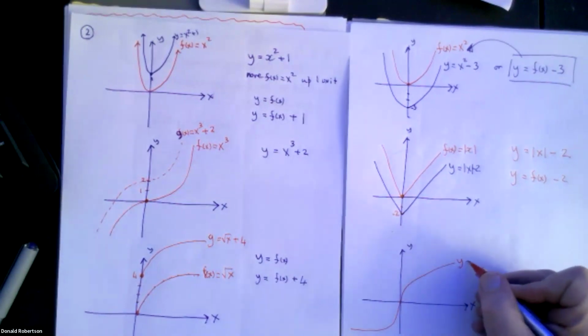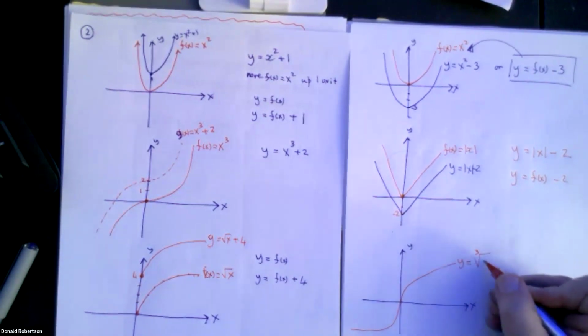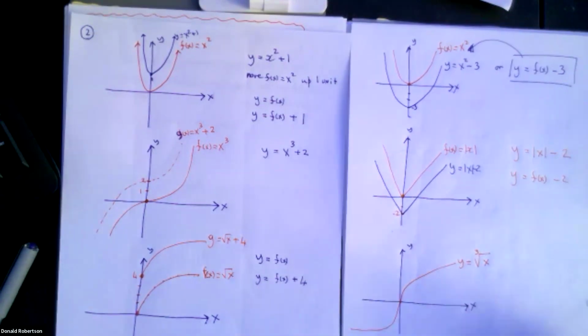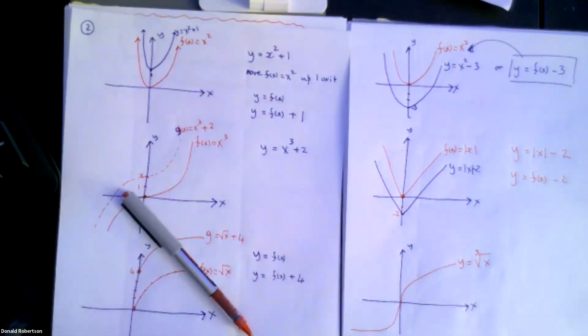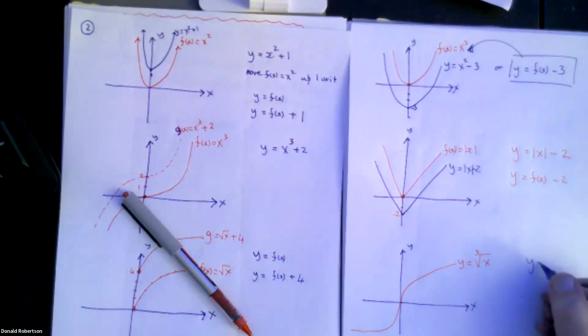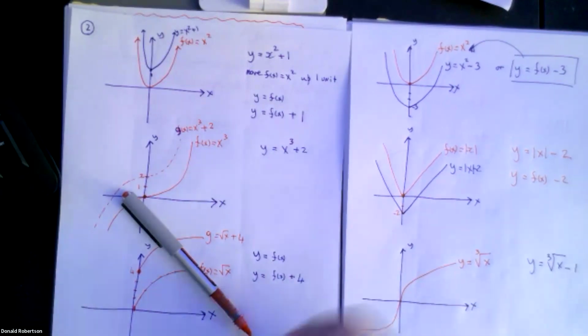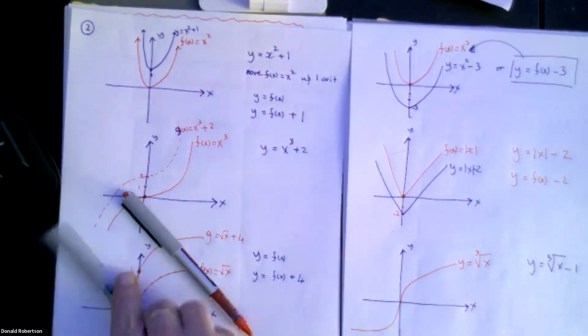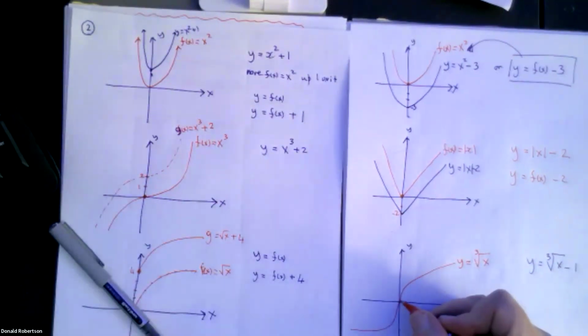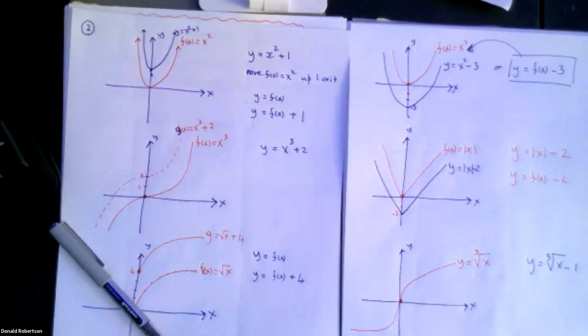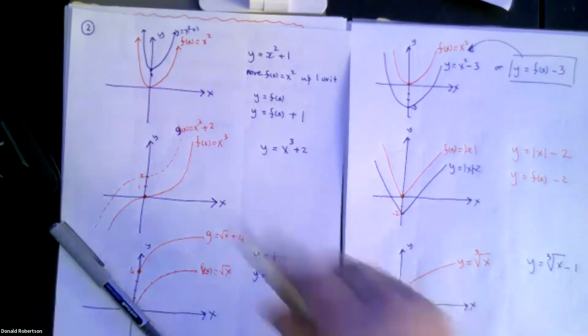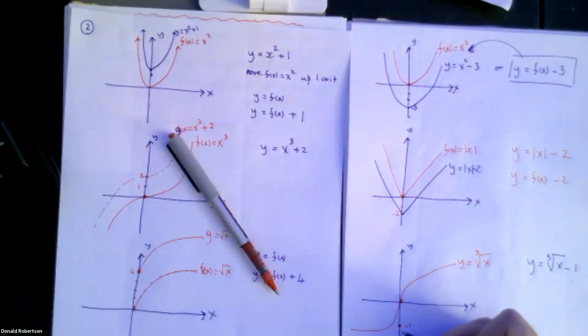Hopefully you recognize this one as the cube root of x. Suppose I wanted to draw the transformation of the cube root of x, and I told you that it was the cube root of x take away, say, 1. And what would that look like? Well, take that point, because it's easy to identify where it is, move it down to here, and then basically imagine